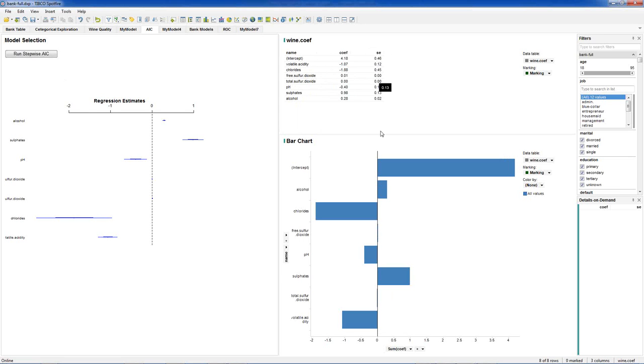I also wanted to show another visual, which some of you may recognize if you work in R. On the left-hand side is a plot from the arm package of regression estimates. This is a coefficient plot. I like this particular plot very much.